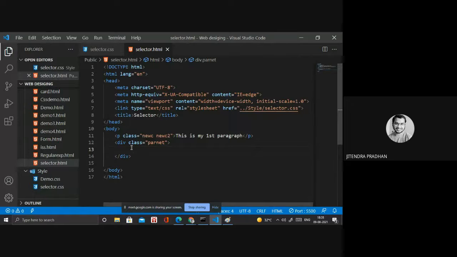Inside that I will write P, my paragraph. It is a child selector. I need to write whatever content inside that. This is the parent. Wait, I will change that.